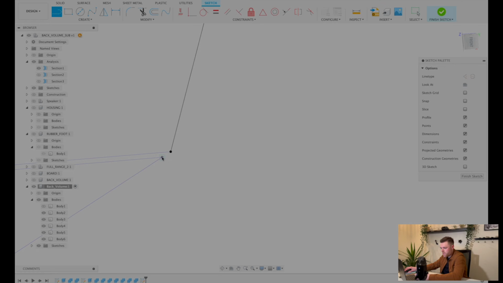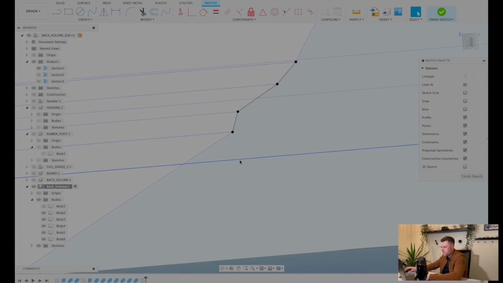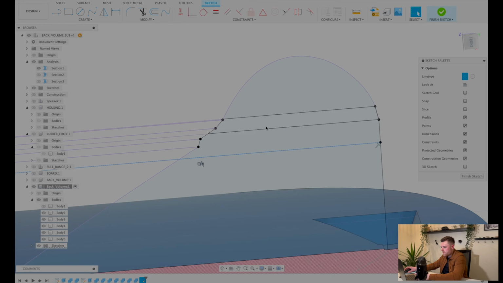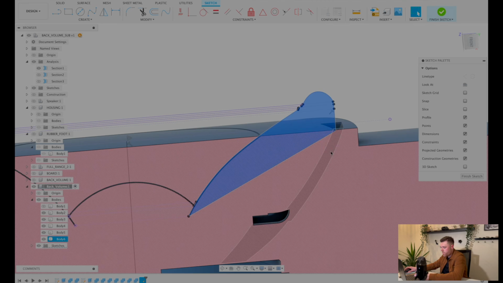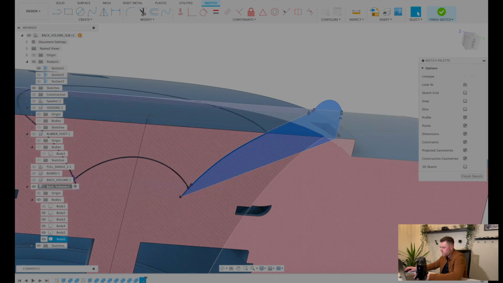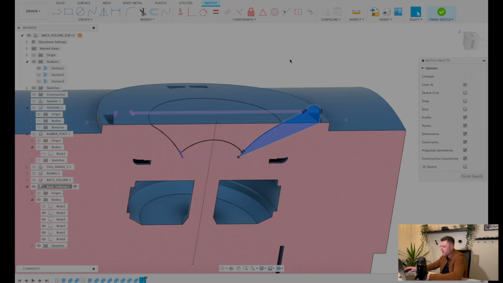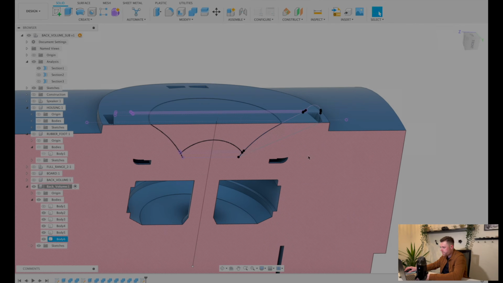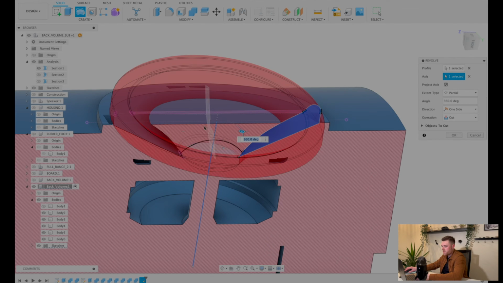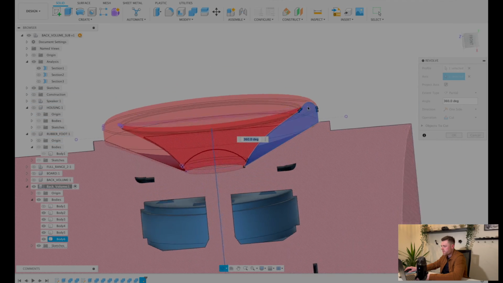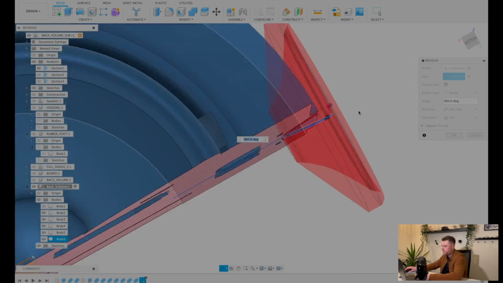Nice. Cool. Okay. Nice. So we've got one enclosed sketch, not enclosure. All right. So we'll finish. You can probably guess what I'm going to do here. Just create a revolve on the axis, select this axis, but we are not going to,